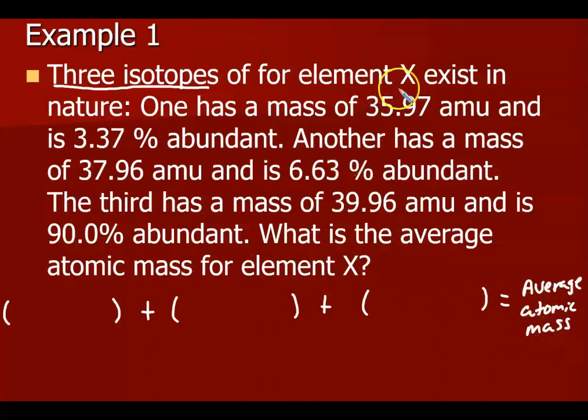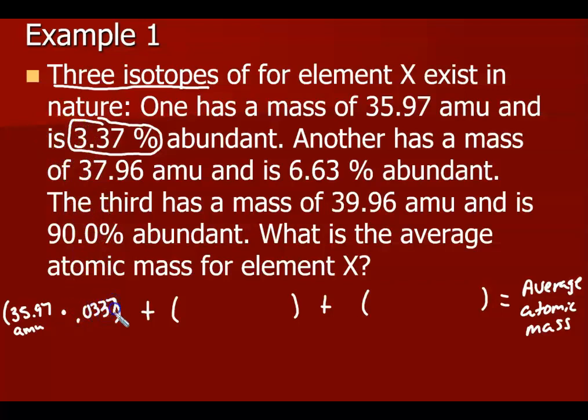So our first one has a mass of 35.97. And the unit is AMU. Remember, you can put AMU, but the abbreviation for AMU, which is already an abbreviation, is the letter U. So you may put AMU or U, but I do need a unit on that number, please. And then we're going to multiply that by this, but we need to make that percentage go away. The way we make the percentage go away is you divide by 100 or move your decimal over 2 spots. So that's going to be